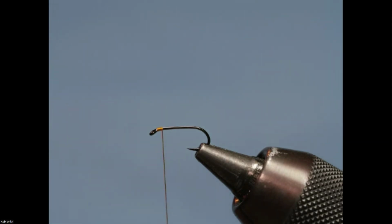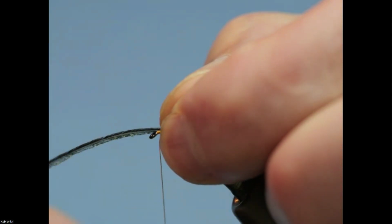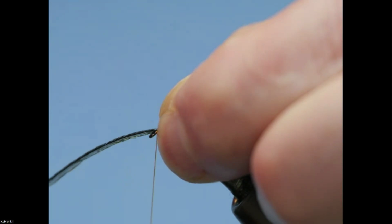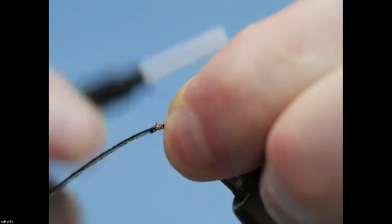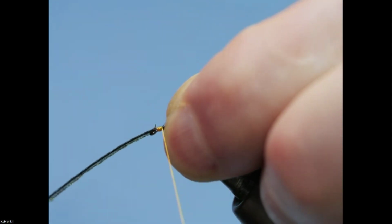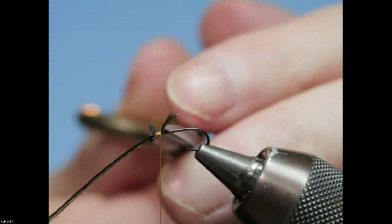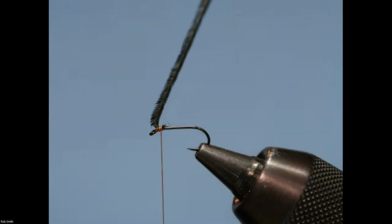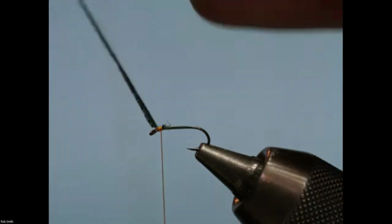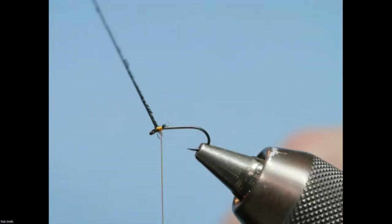And now I'm going to take my peacock herl, and I'm going to mount that in directly behind the eye of the hook. Take a couple of turns on the spot, and then bring your silk back about 4 turns back from the eye and trim off that waste end. So now we've got to judge which way this herl's going to go. So taking it up, is it going to twist on me? No, we're all right. So now I'm dressing it with that long side of the herl upwards, and I'm dressing it